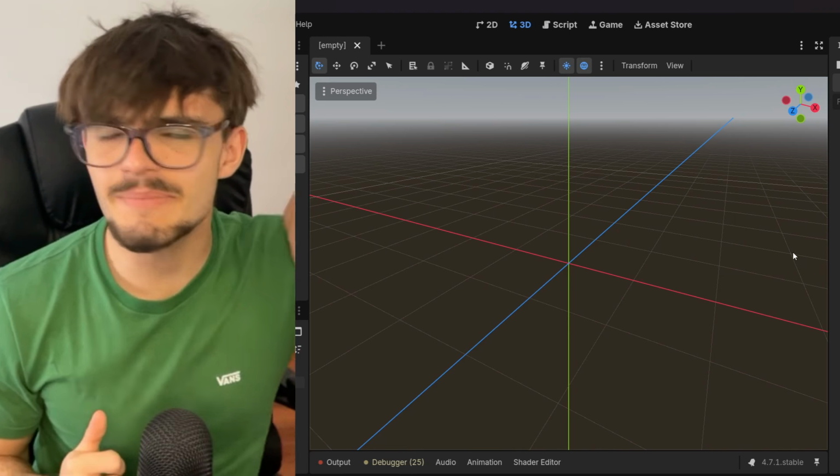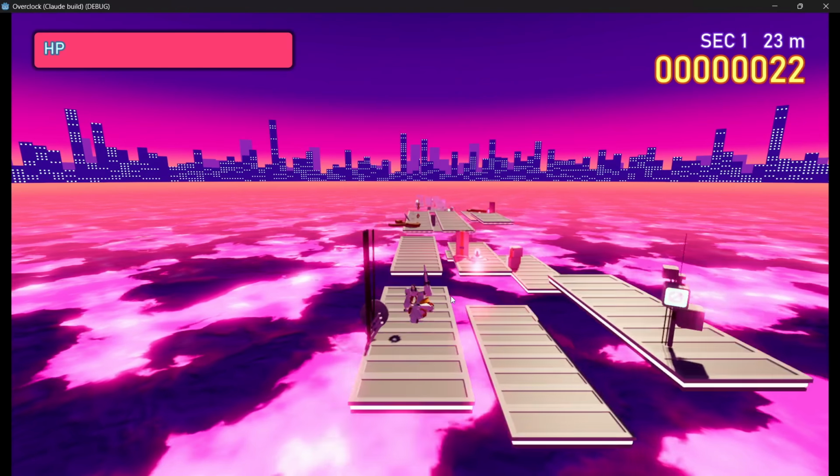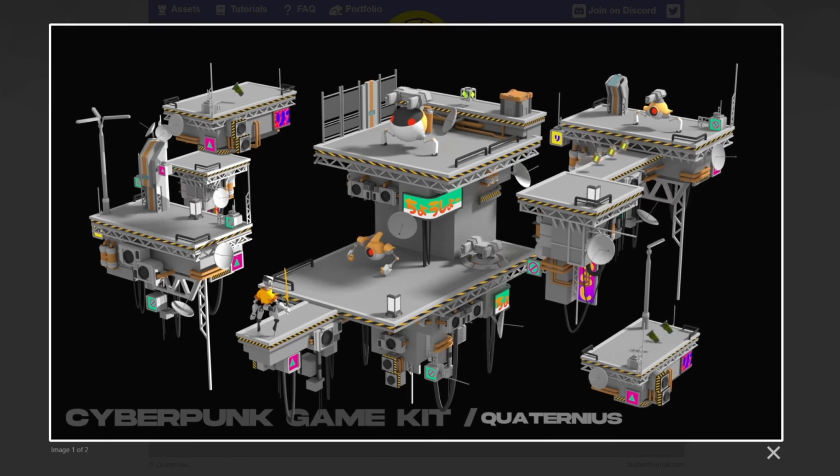Two AI models, the same empty Godot project and the same game design document. One of them costs a fraction of the other, so that is the test. The game that they will have to build is a Cyberpunk Endless Runner out of a pack of more than